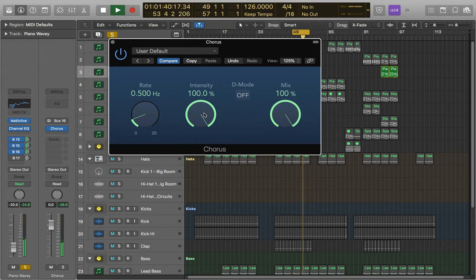So this is a bit too much for me. I found even up here, it's quite nice. This is a bit too much. But when I start to push the rate up as well,